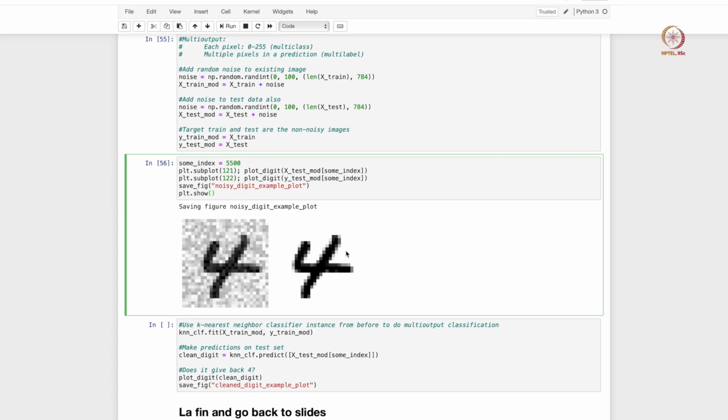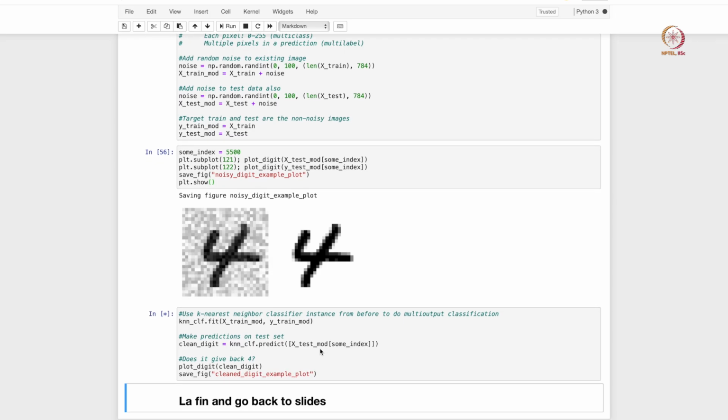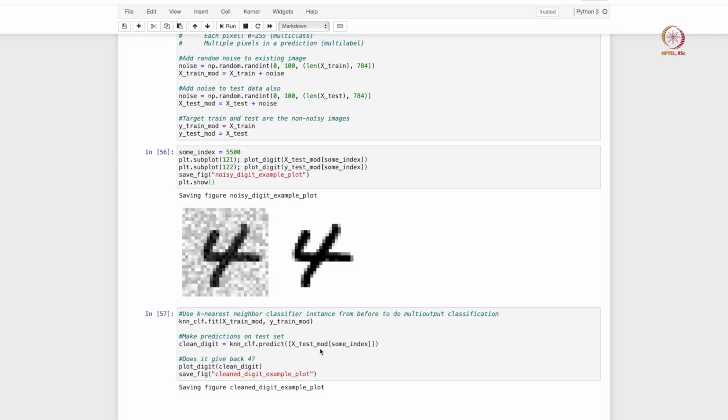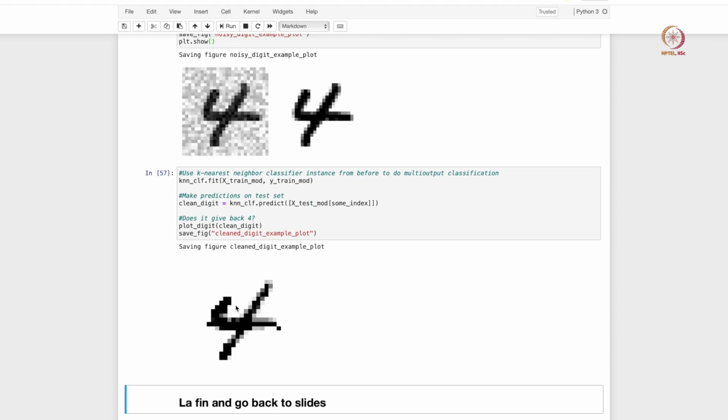So we have basically converted a clean 4, an image of 4, to a noisy image of 4, and let us now train a classification model, the k nearest neighbor classification model, and this model should ideally make a multi-output prediction. So we are training it on noisy images, and now it should ideally be able to recover the original image of a clean 4. And let us see if the model has done that, and we see that yes, indeed the model has reconstructed the original image. We fed it the noisy image, and it has reconstructed the original image of 4 after training. So this is an example of a multi-output classification task.